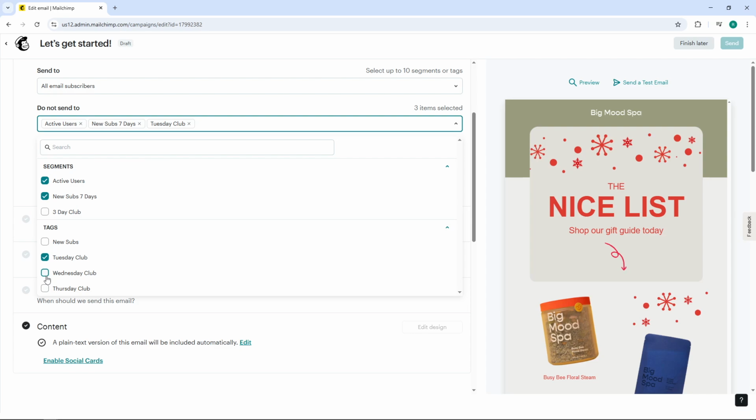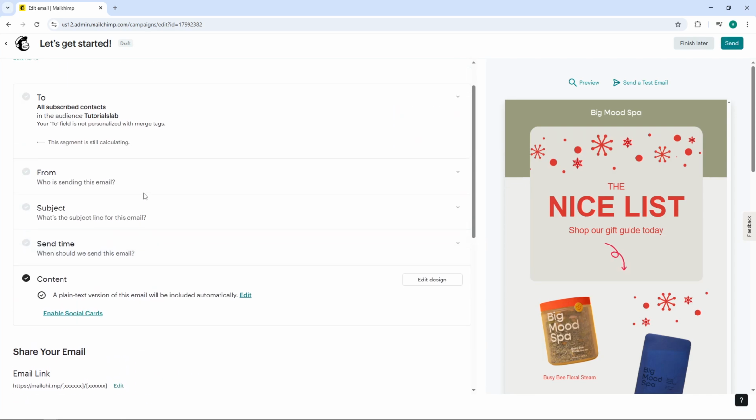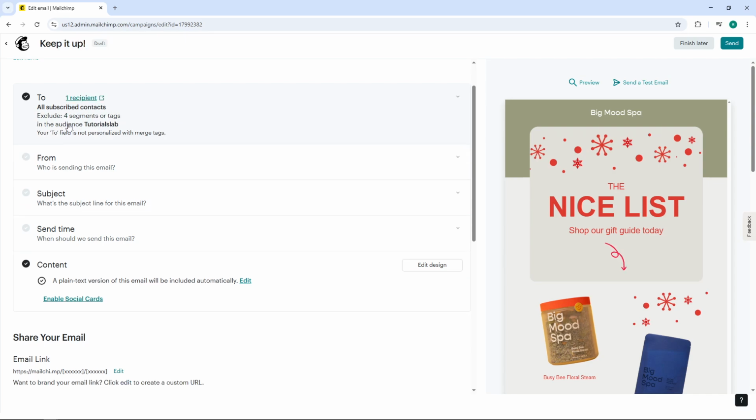Simply click on the segments or tags you want to leave out. Once you've made your selections, click Save to lock in your exclusion settings. And that's it. You've successfully configured your Mailchimp campaign to exclude specific segments and tags, ensuring your message reaches exactly the right